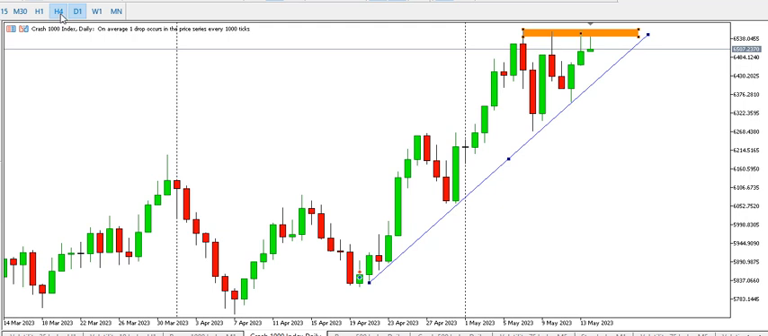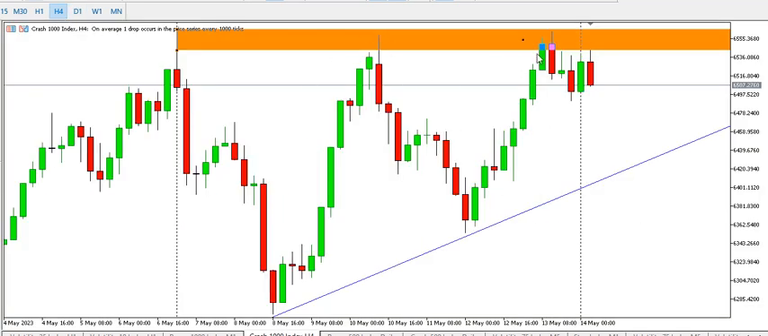Okay, let's go to the 4-hour time frame. On the 4-hour time frame, you can see price should start spiking downwards any moment from now. At the break of this ascending trend line, we expect price to spike downwards and possibly test